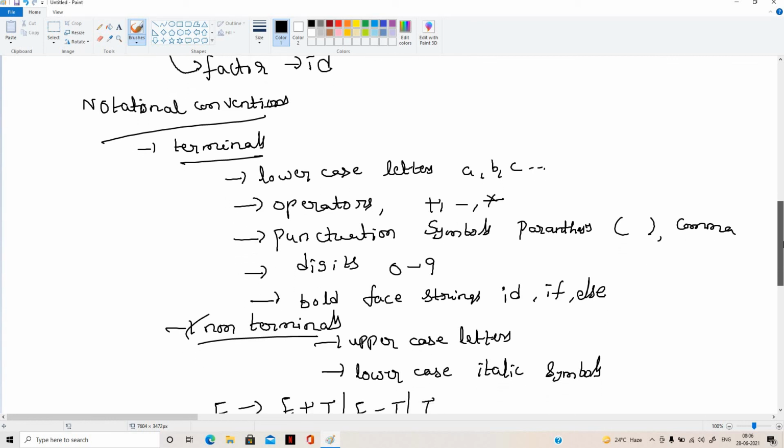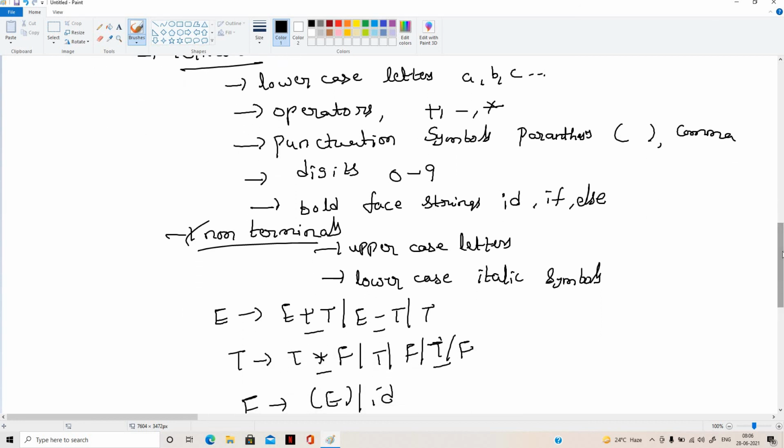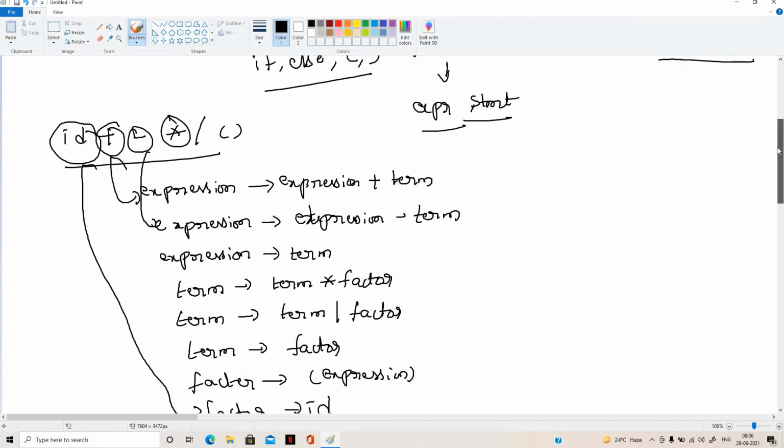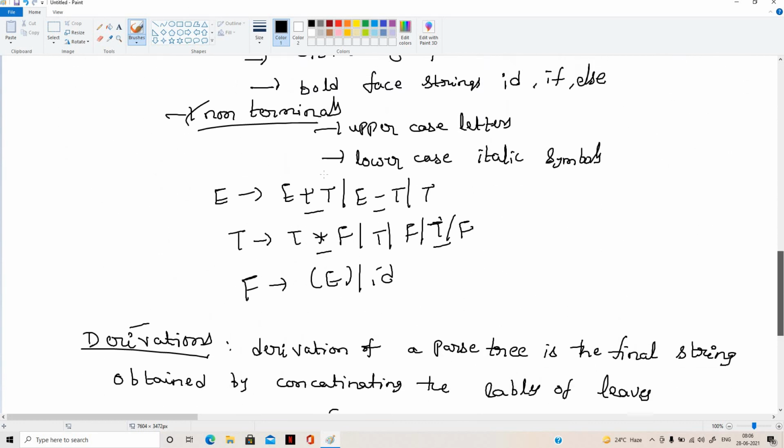And if you find any bold-faced strings in a grammar, those are also called terminals. When it comes to non-terminals, uppercase letters and lowercase italic symbols are called non-terminals. We discussed a small example for arithmetic expressions, and I wrote it again in a meaningful manner for the grammar.